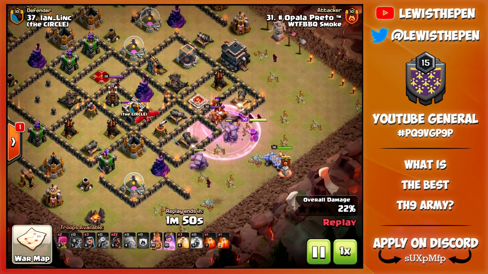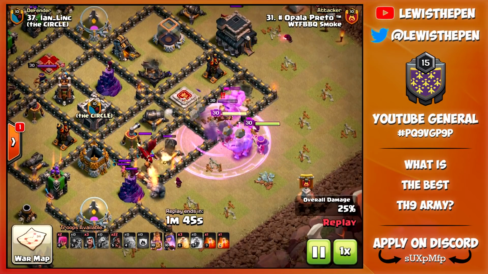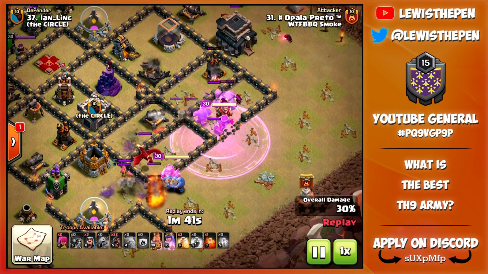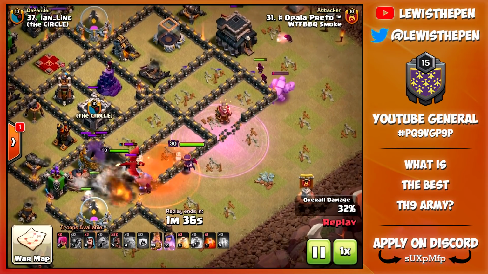So he's going to rage up the wall breakers here, and will that help him get through 2 layers? No, okay, it doesn't. So only gets through 1 layer there. I'm assuming he wanted to get through 2 layers with the rage wall breakers, and that does mean his bowlers start walking around. Poison for the CC a little bit later, but the queen does come back out to save